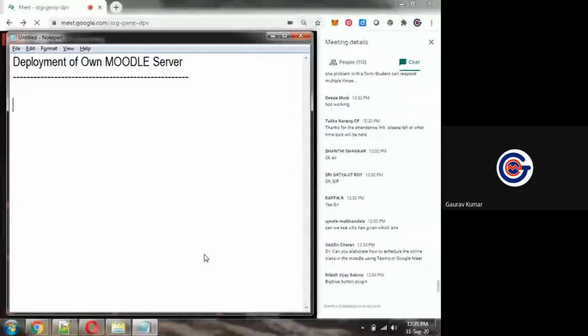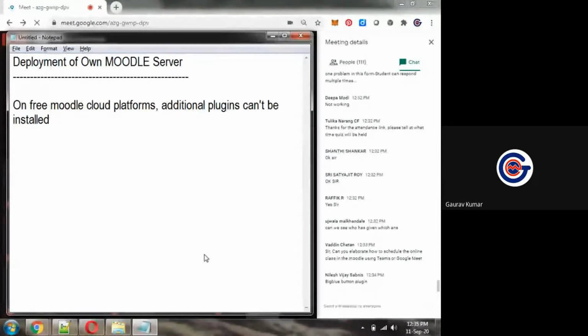If we are using free Moodle cloud platforms like moodlecloud.com or genomio.com, additional plugins can't be installed. Suppose I need an attendance register. I'm repeating this point: suppose I need additional modules like attendance register,